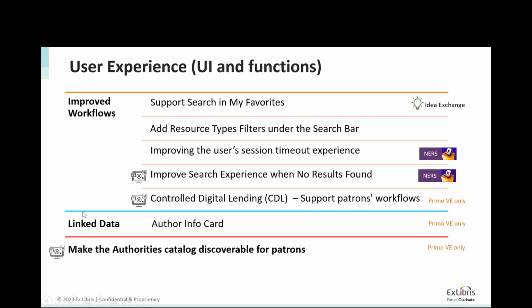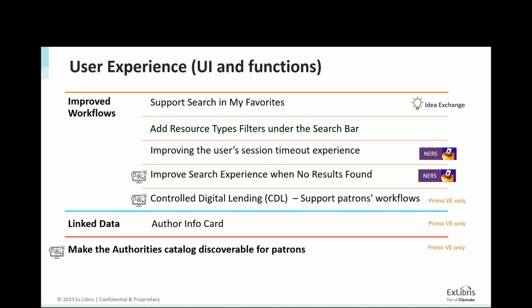We'll talk about it. Additional item that is also under design, it was, I think, 2 years ago in the roadmap, and we were interviewing customers, and now we gather more requirements, and now it is back to the roadmap. It's the ability to make the authority catalogs discoverable for patrons. So we would like, in a dedicated page, to expose the authority catalog, so to let user search